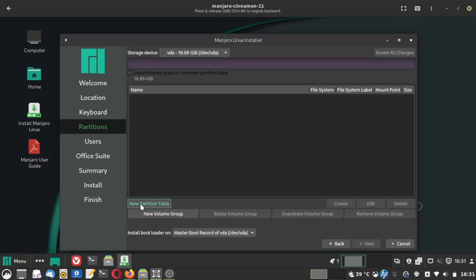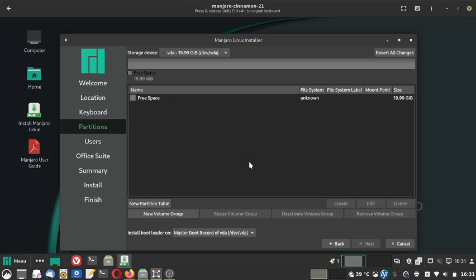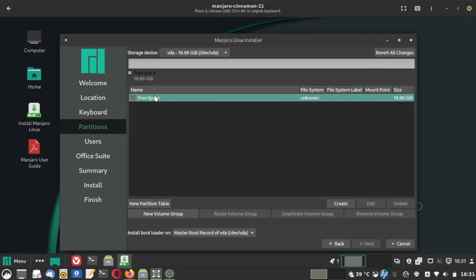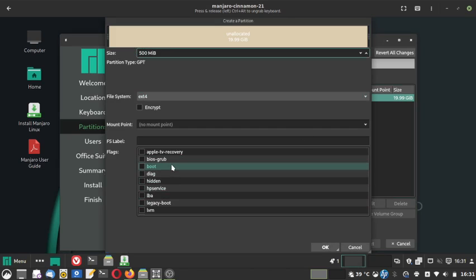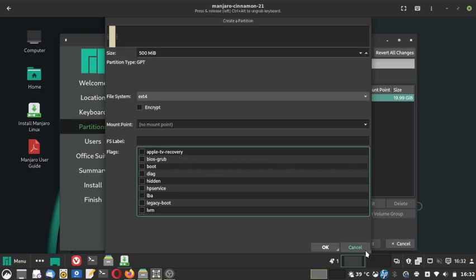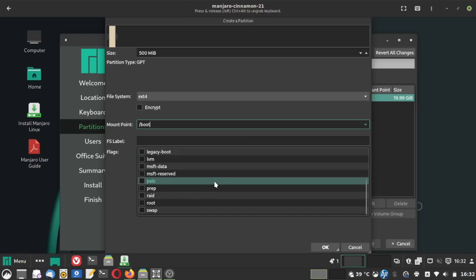Okay, we prepare a new partition table. We use the GPT based partition table because we will not use Windows with this. Okay, now we create a partition ext4. So say 500 MB we give to boot,